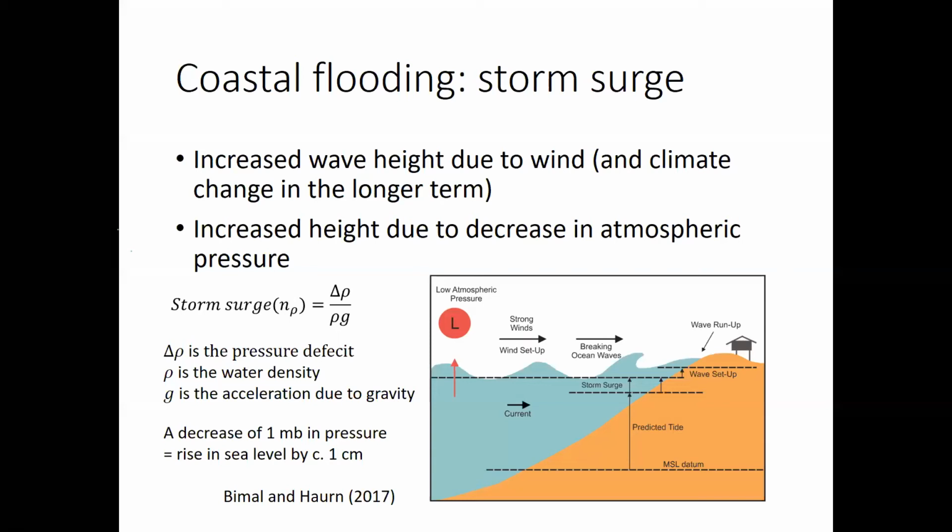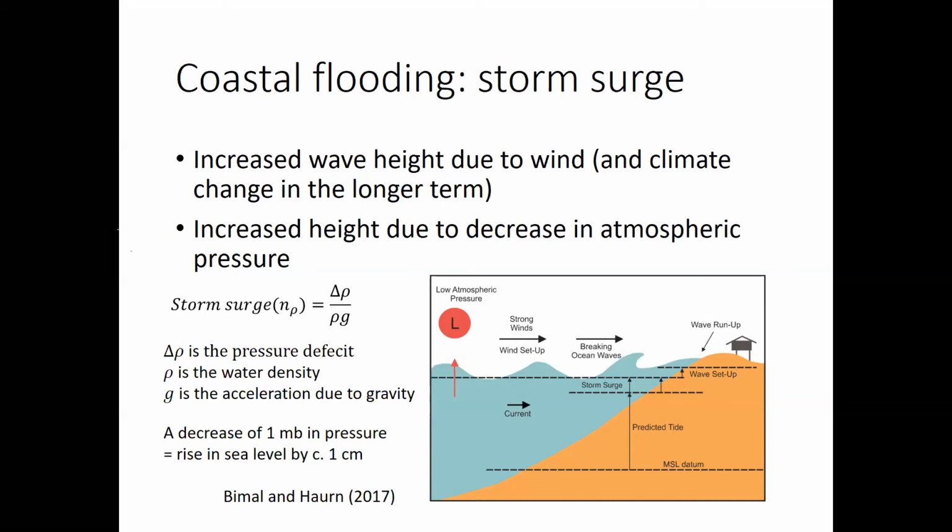As they're heated, that water expands and occupies a greater space, resulting in a sea level rise. But it can also be caused by temporary increases in sea level height, which can be caused by atmospheric pressure. And that's what we think about when we talk about a storm surge.